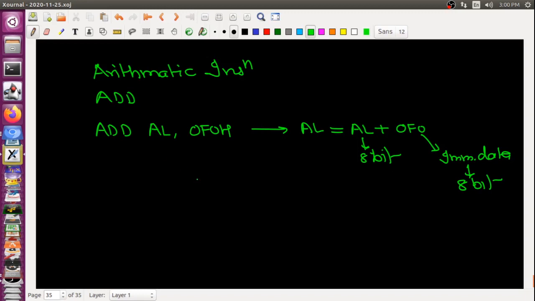Okay, so I will give one more example. Suppose I have some previous carry and I want to add it along with the operands. So I will use the instruction ADC. If I write ADC DL, CL, can anyone tell me what will happen?